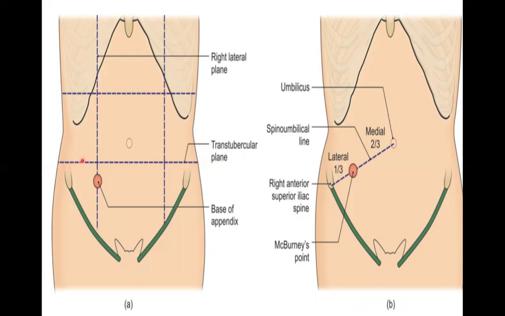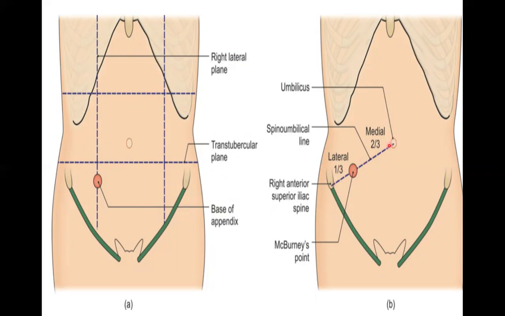to divide it into 9 abdominopelvic regions. The junction of it with the right lateral plane, 2 centimeters below it, will represent the point where the base of the appendix is present. Okay, this is one point. Then here, if we draw a line between the anterior superior iliac spine and the